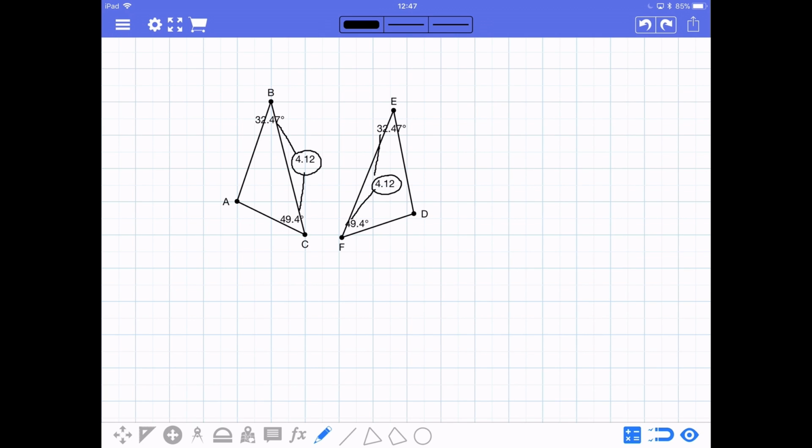Let's go ahead and take a look at another example. I'll just switch apps here. Let's go back to